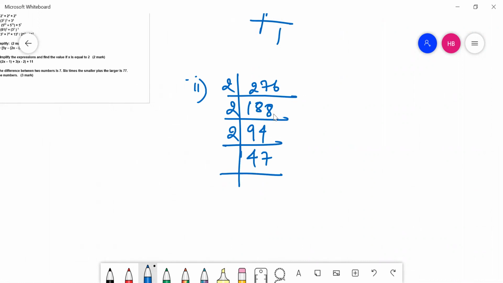Let us check if it is divisible by anything else. Is it divisible by 2? No, because the last digit is not an even number. Then let's check if it is divisible by 3 or not. I'm going to add the digits and check if it is divisible by 3 or not. Let's just check once again. 2 ones are 2, 2. Okay, so here we have made a mistake.